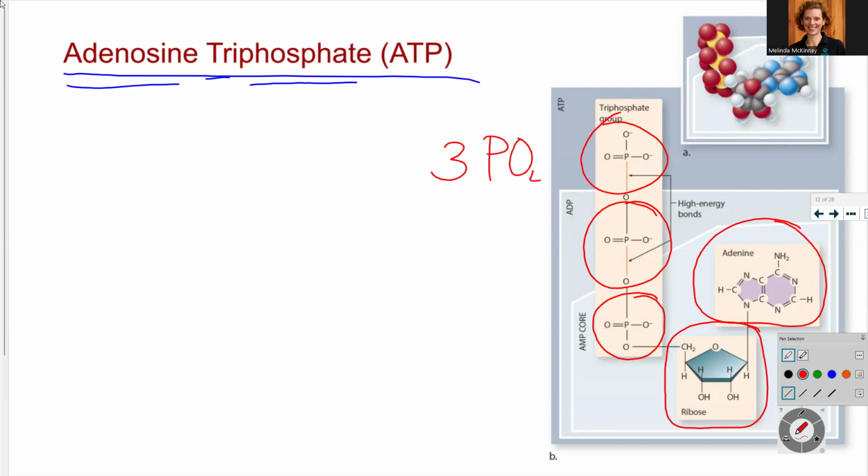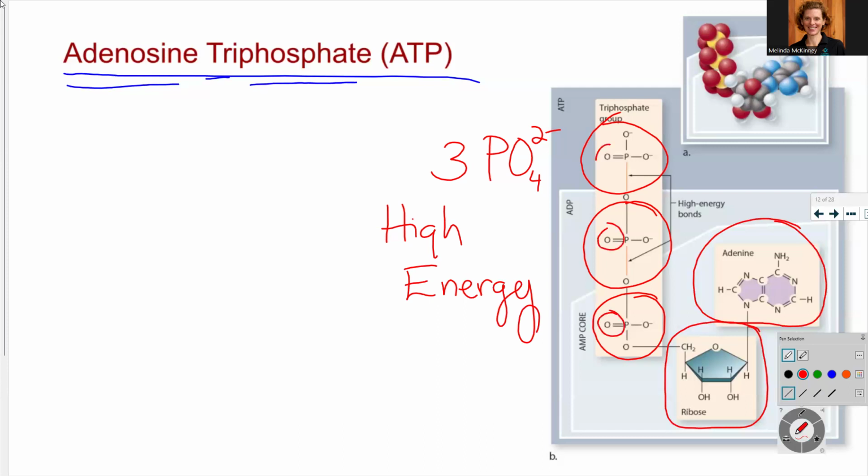Phosphate groups are PO4 2 minus. This is a functional group that we learned. And what we learned associated with each phosphate group is it has a lot of energy. So each has tons of energy in the electrons that are in the phosphate group. So there's double bonds that are very highly energetic. It's negatively charged. So each of these oxygens over here has an extra electron on it. So there's high energy electrons. And so you can think of this as sort of like energy that's stored. So this is potential energy, this chemical energy,